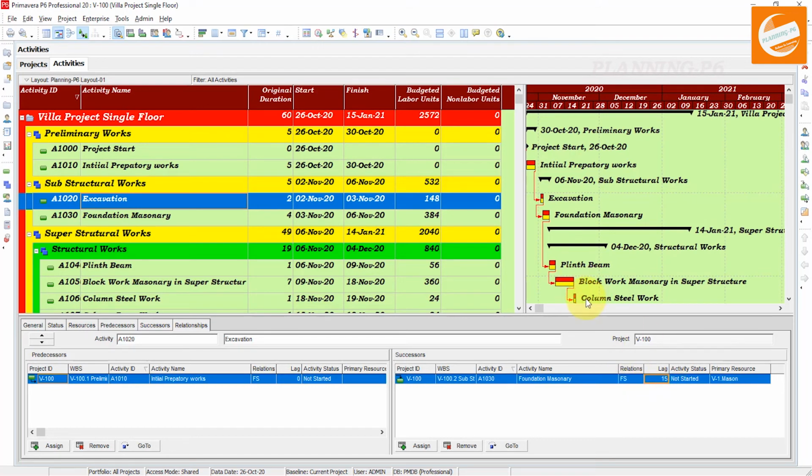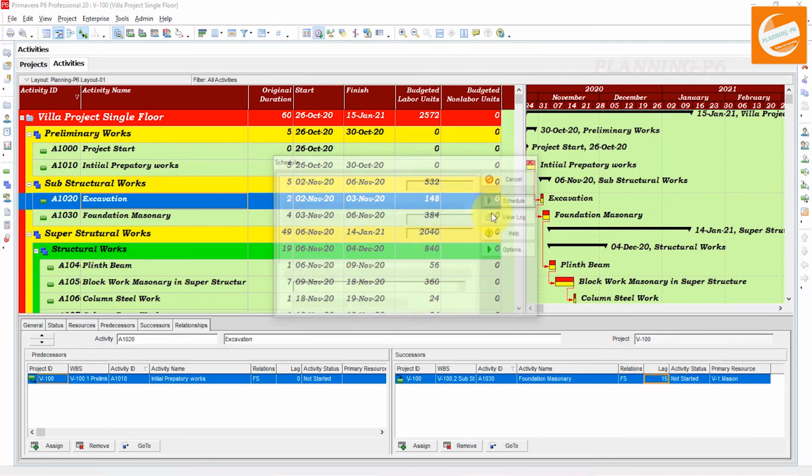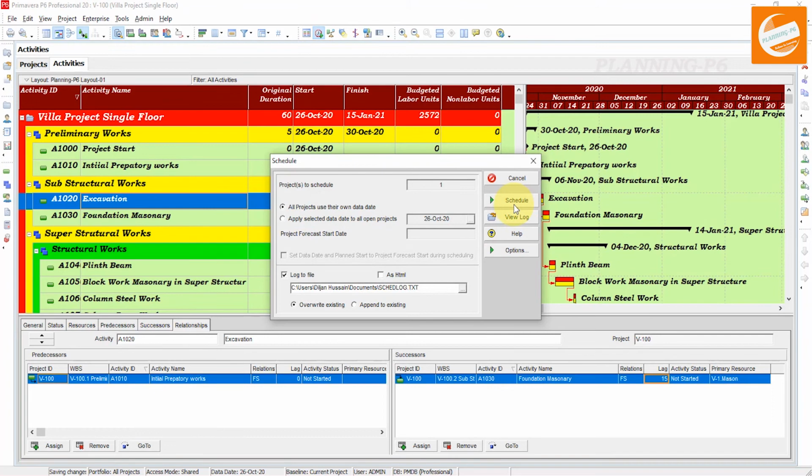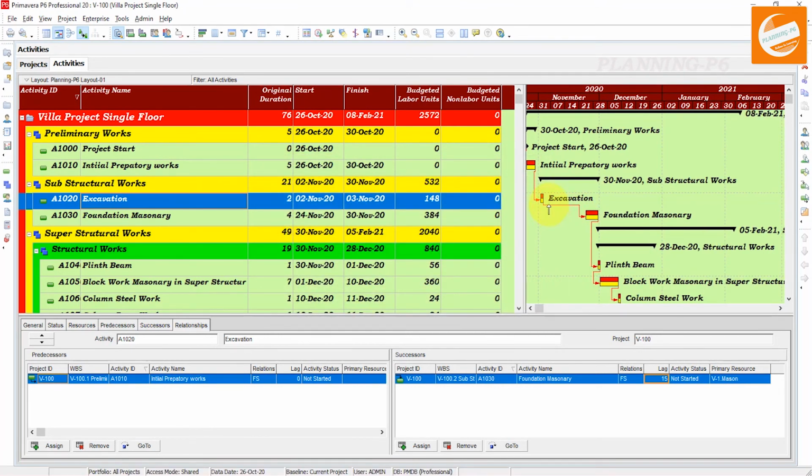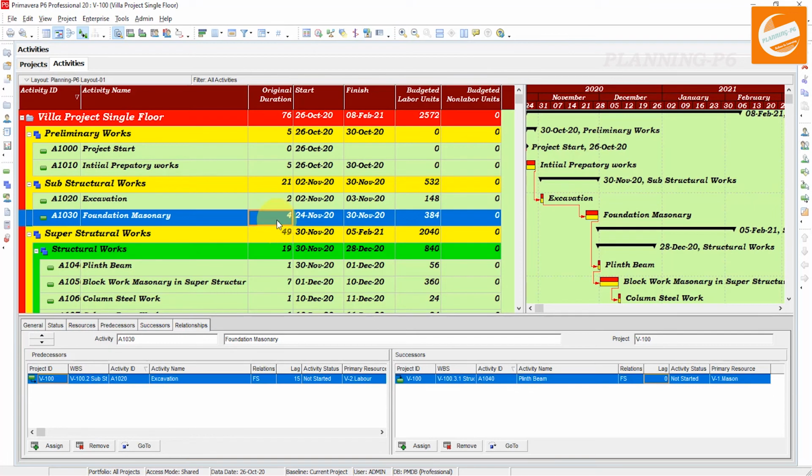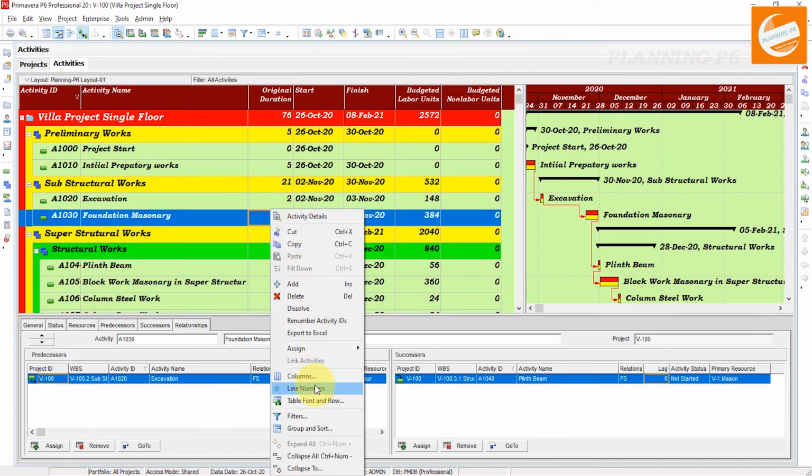Suppose 15 days lag, we will schedule our project, schedule it. You can see the lag has been added here. And if I dissolve that activity, you can see the lag will be cleared.